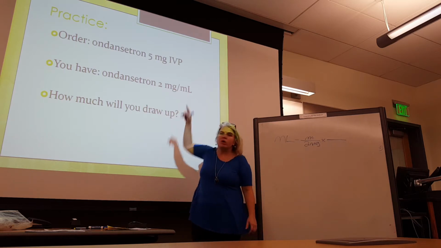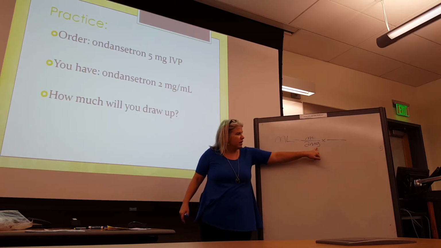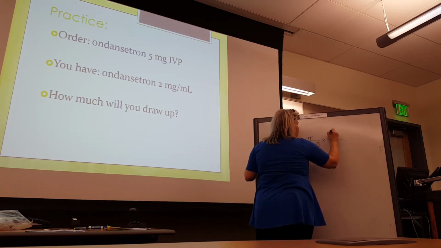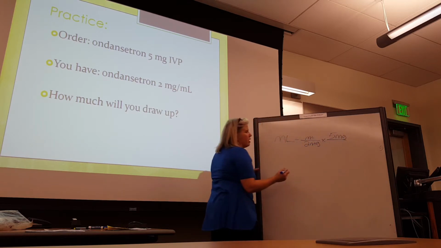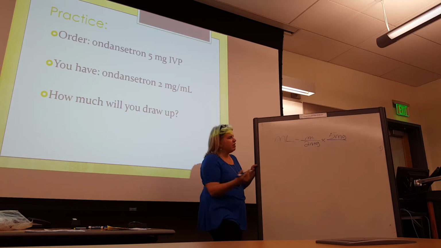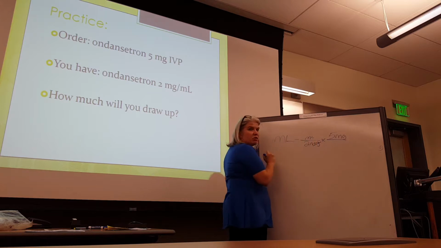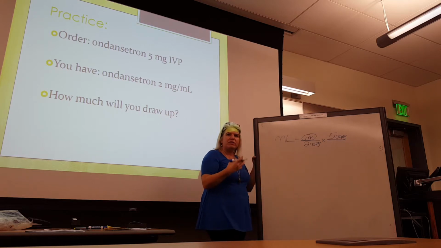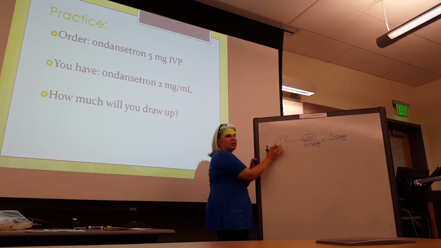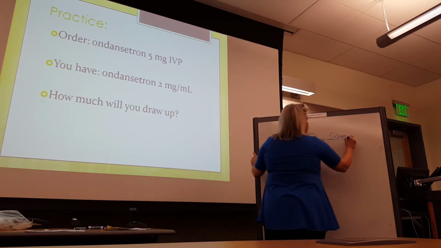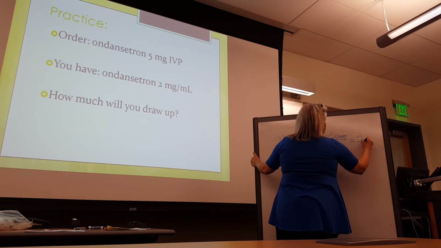And then we want milligrams to go on top here because that's going to cancel out milligrams. What you have ordered is 5 milligrams, so 5 milligrams is going to go on top. Then this is just what I like to do, when I was a student and even as a nurse today: I cross off what cancels, our milligrams, and circle what stays. That's how I know if it's set up correctly, because mils match mils. So I know I have the problem set up correctly. Now I just need to do the calculation. 5 divided by 2 is 2.5